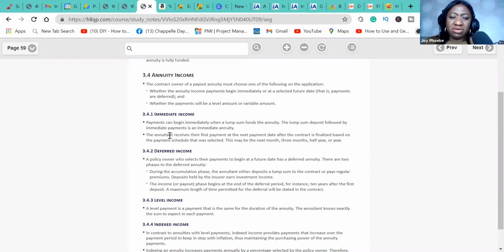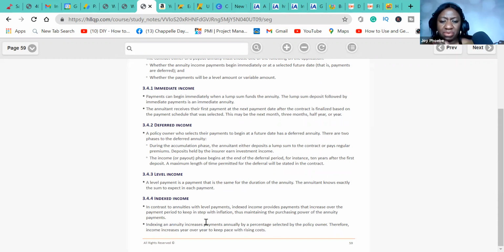We've talked about immediate income. Payments can begin immediately when a lump sum is deposited into the annuity, and the annuitant receives the first payment at the next payment date. That's immediate income. Deferred income is one where payment doesn't start until some time in the future. Level income: the amount you receive is level, you know what you're getting. However, indexed income is the income that